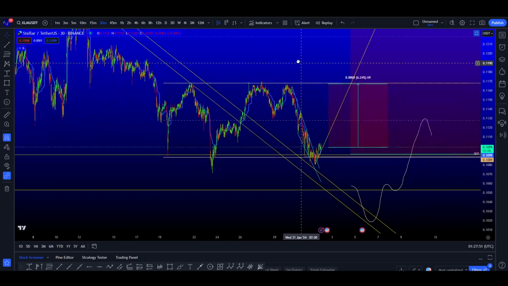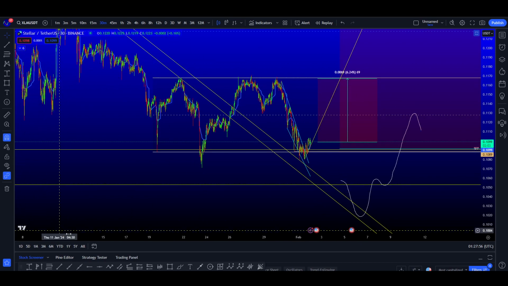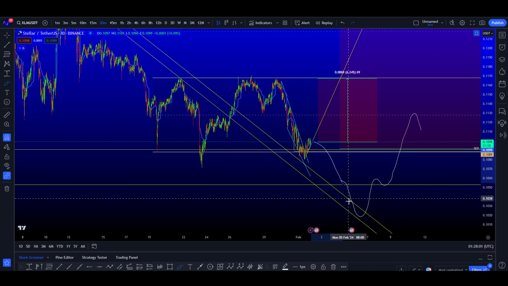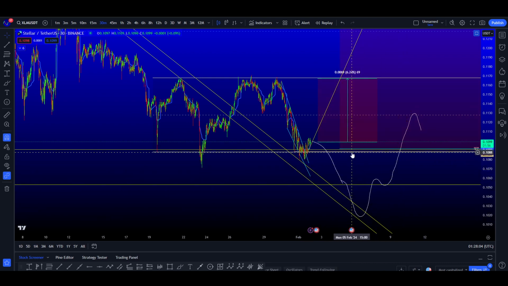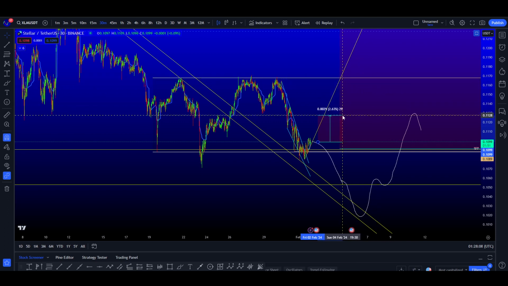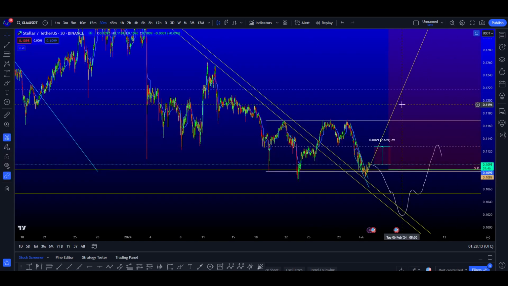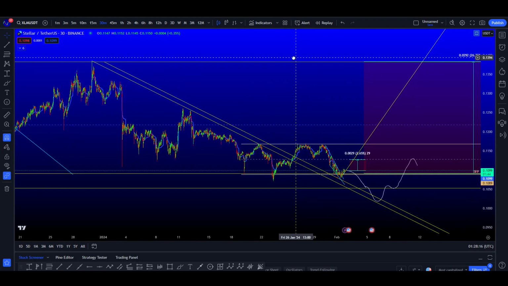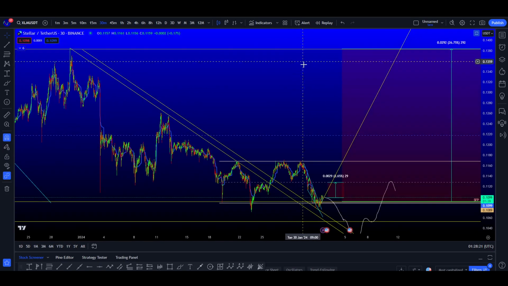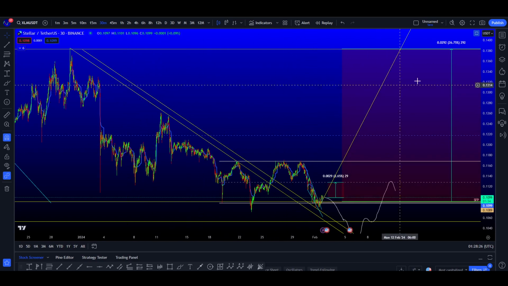It's just very straightforward. Yes, we can still technically get a move down into these levels like what I showed before. And if we do, that's okay. We just wait for this price action to happen. As long as you're using the right risk management, there's not really much to worry about, right? There's actually nothing to worry about at all, because that's just trading. You will not win 100% of your trades, okay? And I'll show the BNB entry at the end, but the next project I wanted to talk about will be